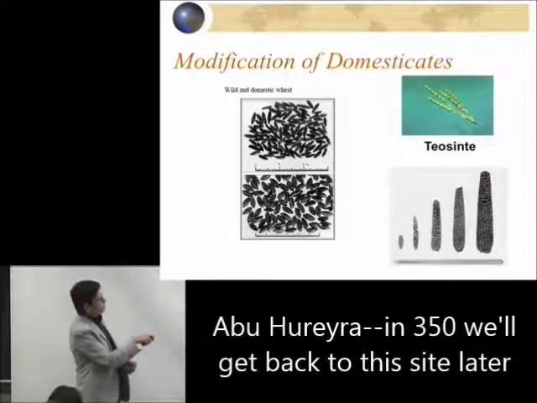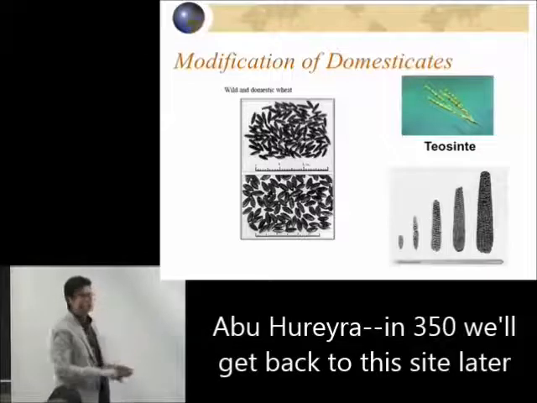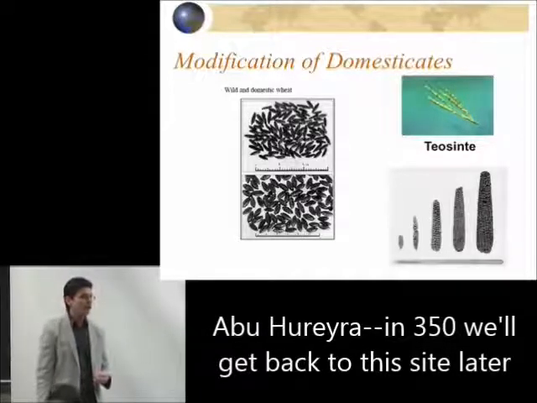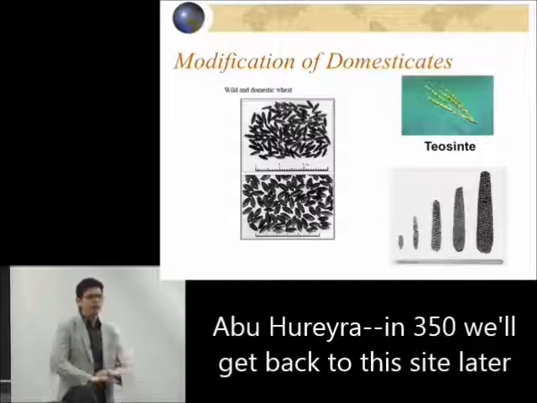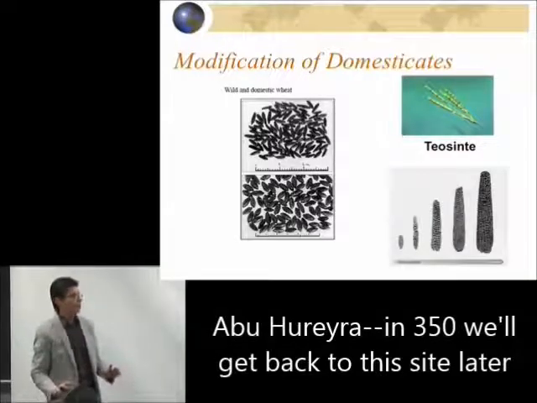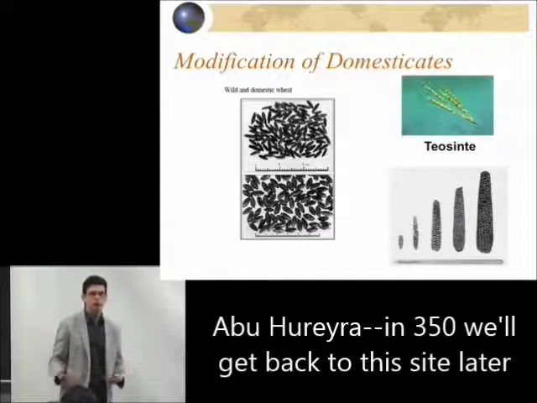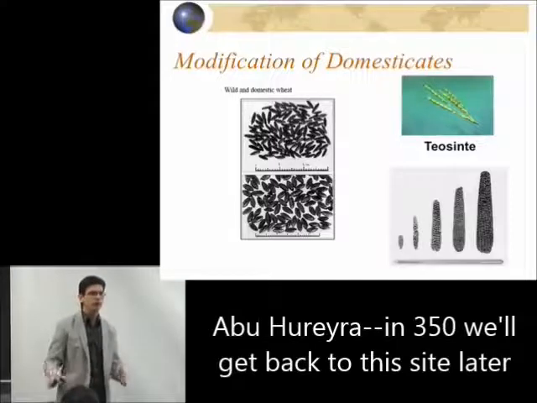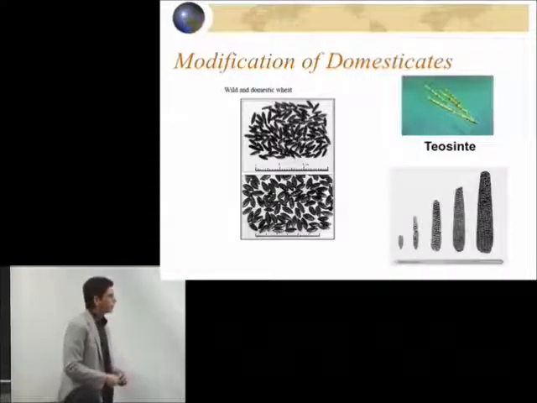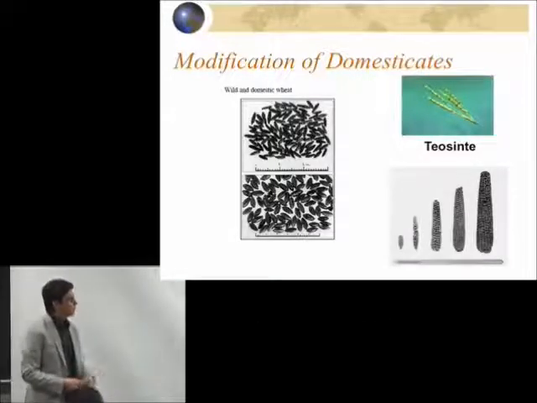This is what the wheat grains look like that are recovered from the really early levels of Abu Hureyra. They're wild. They are exactly like the ones you would find out in the landscape even today in the place where wheat naturally occurs, the Syria, northern Iraq, northern Iran area where this food comes from.